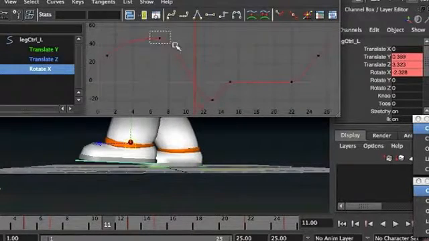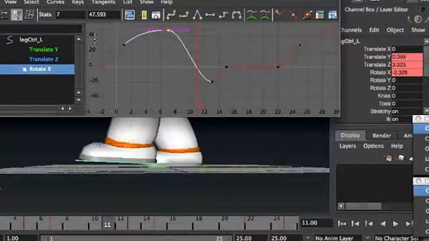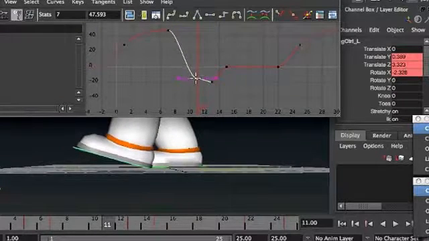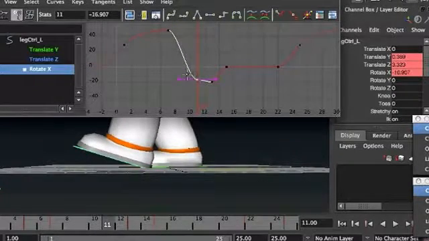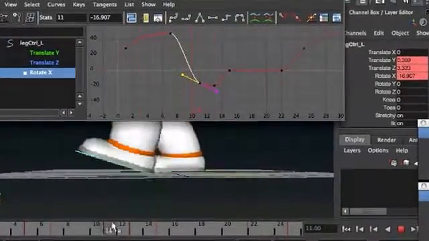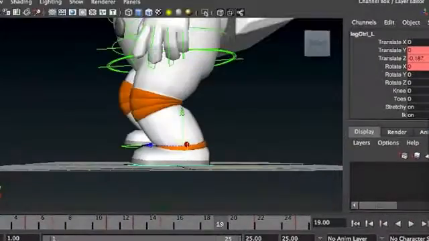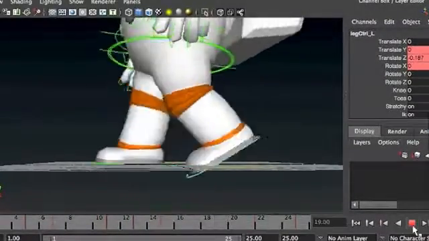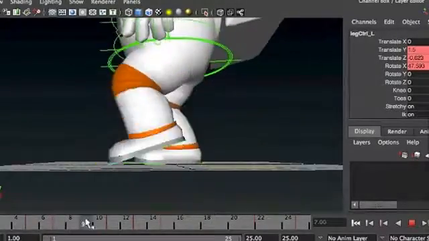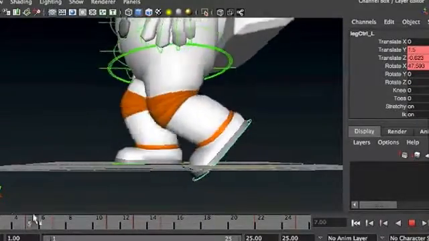And that also means that the toe can come up a little bit here. All right, so let's see what we got with that. And the main thing now is to try to fix the intersection, and that'll take a little bit more time